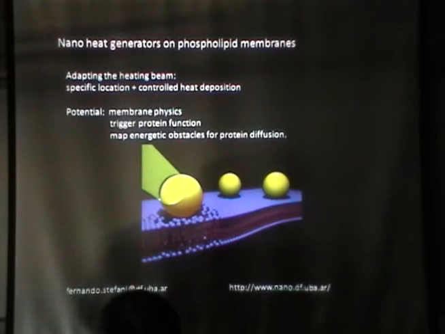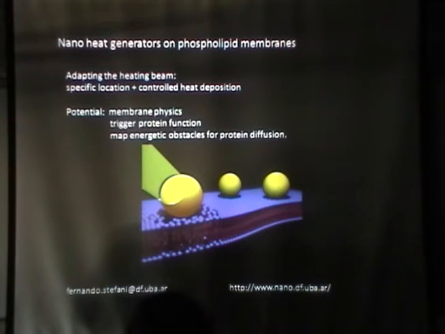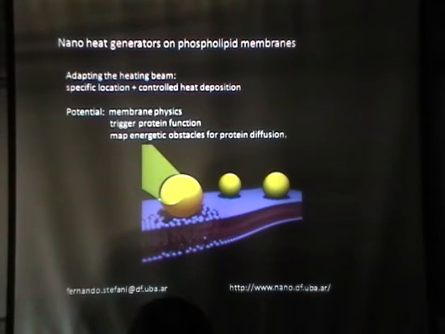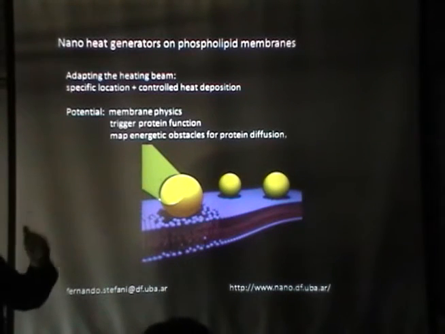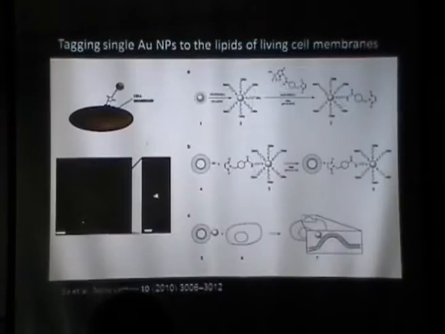And now the future is, of course, to try to move this scheme to a real cell and try to get some thermal information about real membranes, or thermally trigger the function of some proteins that are temperature sensitive, or warm up energetic obstacles for protein diffusion. We could give some protein a thermal kick to jump obstacles and measure like that the energy of some barriers in a real cell. So in order to try to get to cells,